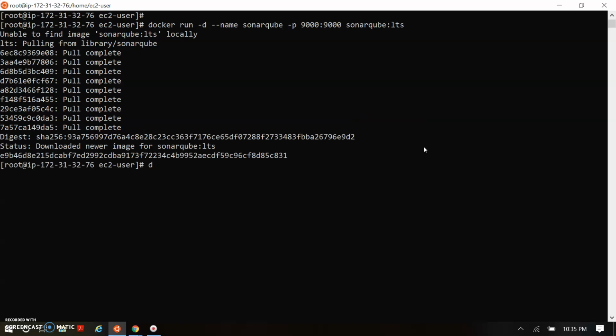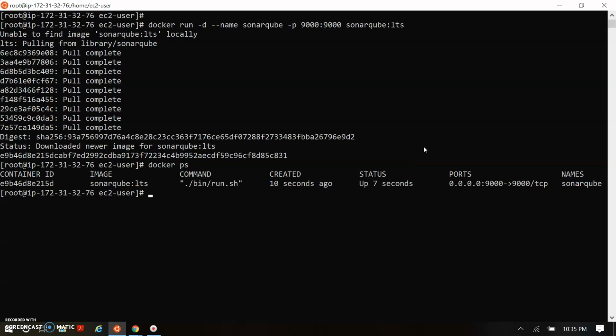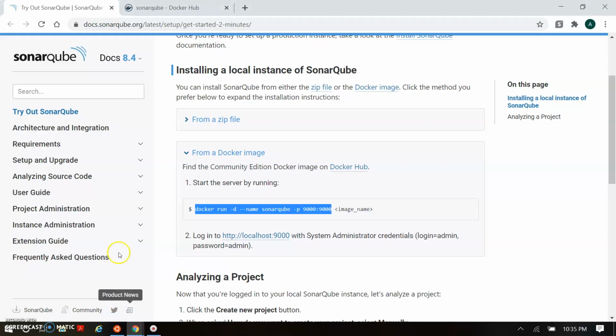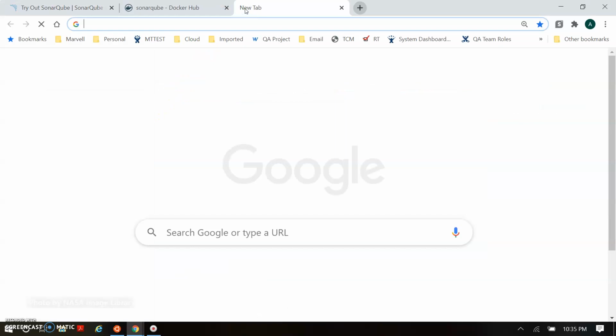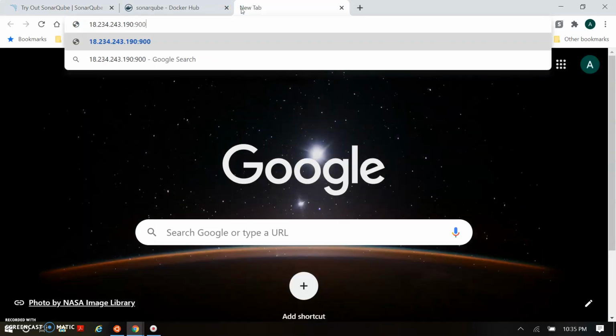So let's see whether my image is running properly or not using the docker ps command. It will show here whether your image is running or not. So my image is currently running. Here you can see it's running on port 9000 with the localhost. So we can use the same IP to access it from the browser. Let's see. So I'm just taking my EC2 IP here, and let me open my IP with the port 9000.